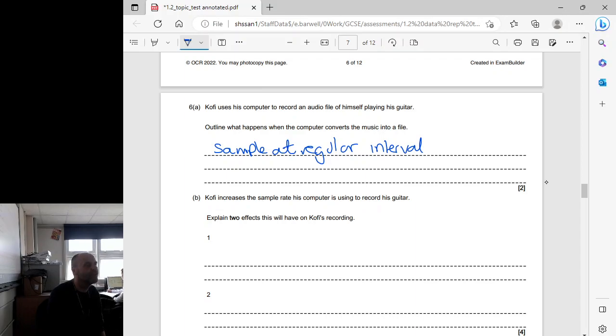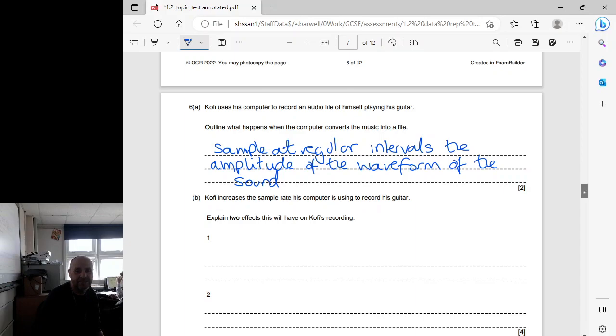You've got to say more than the sound or the wave or whatever. It's the amplitude of the waveform that makes up the sound. That's all we do when we sound sample. Yes, you do use analog to digital converters. There isn't much more you can say. That is sampling. Right, there were some really good answers to this, but loads of people only got 2 marks